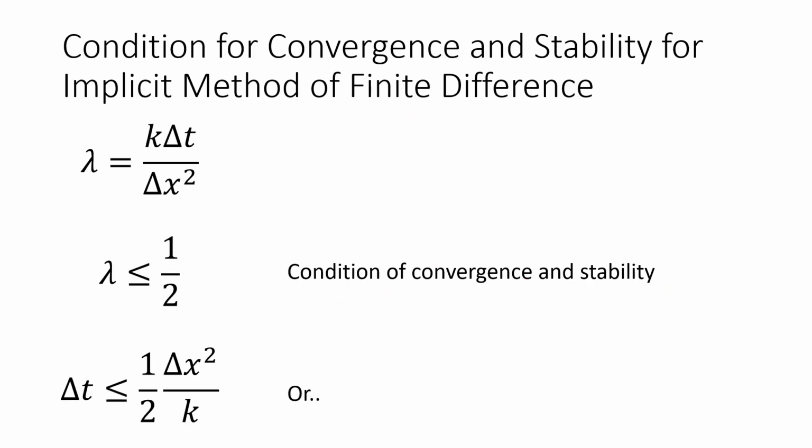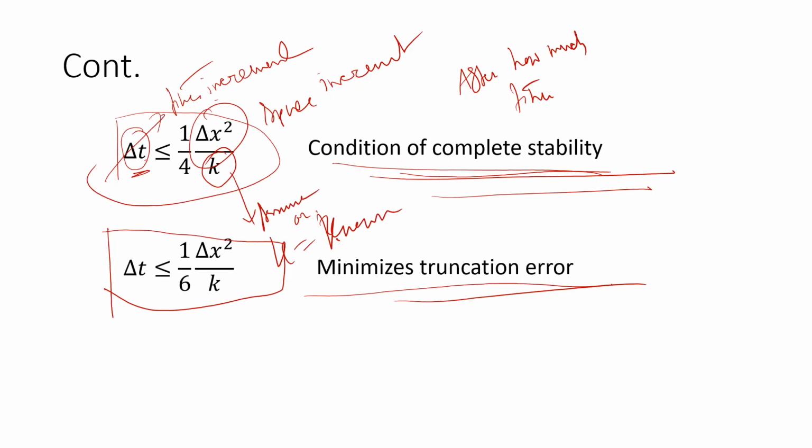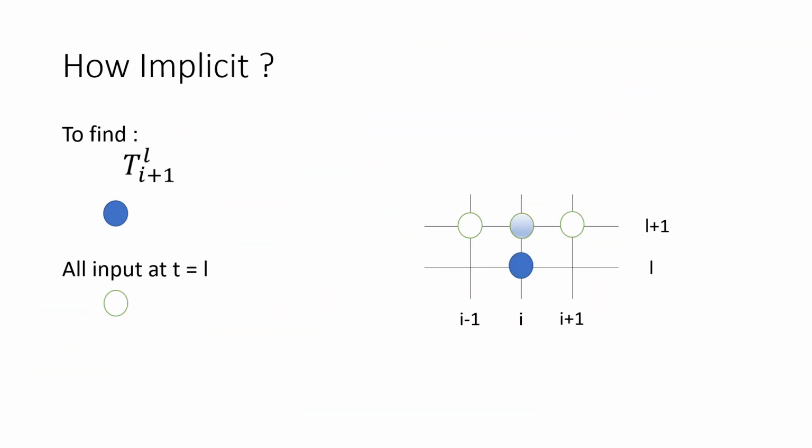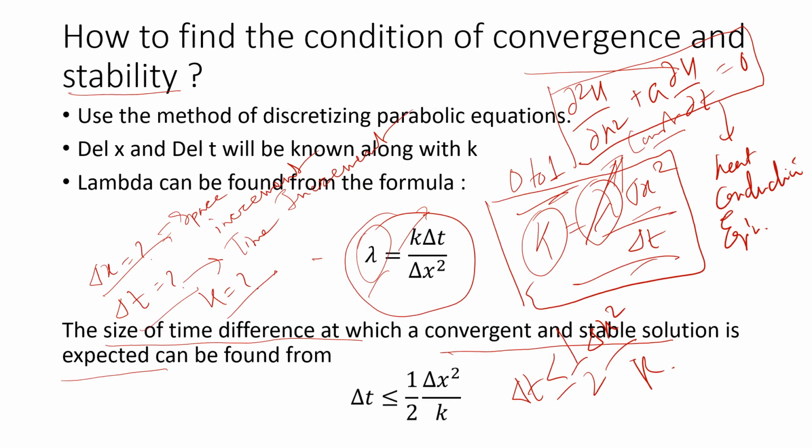So I have already discussed about the conditions of convergence and stability, right? So there was an unknown term K. So I have said what is K? K is actually the coefficient, and K can be